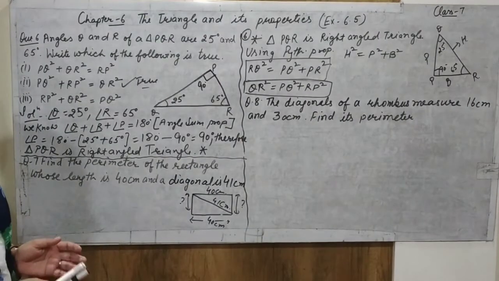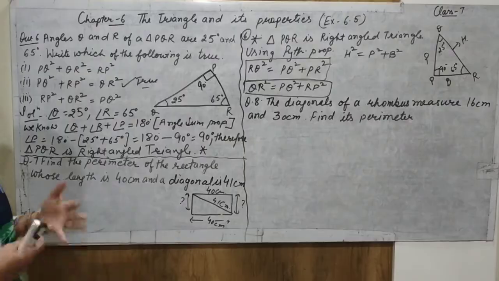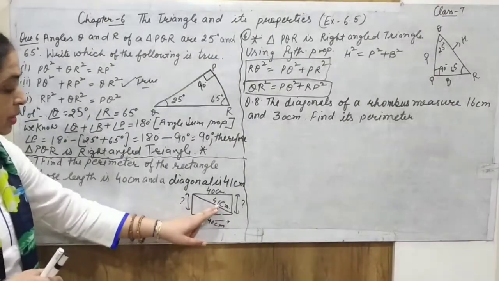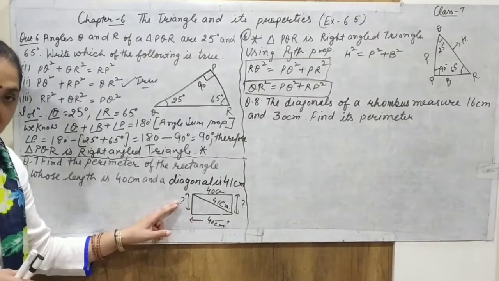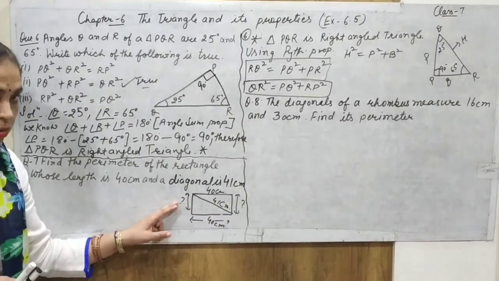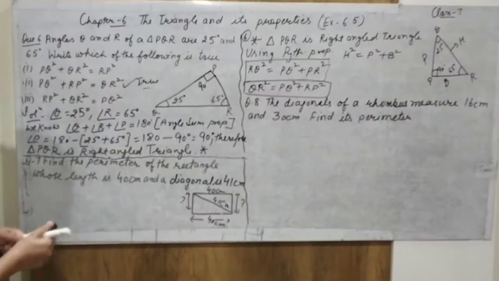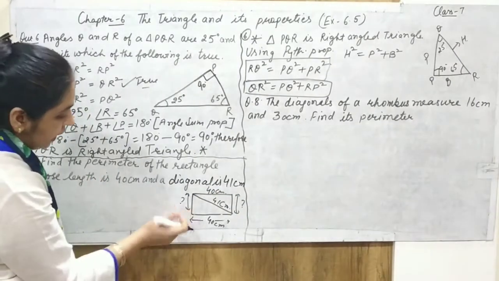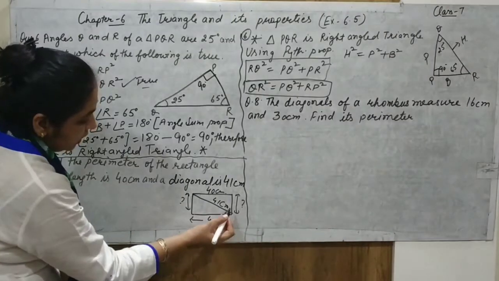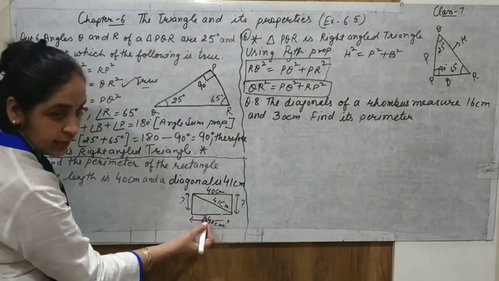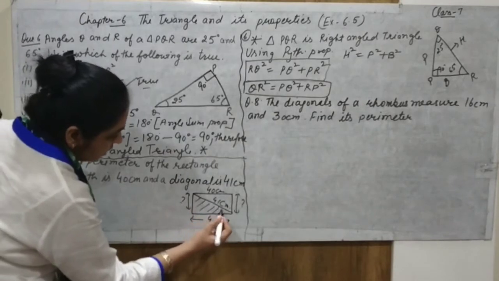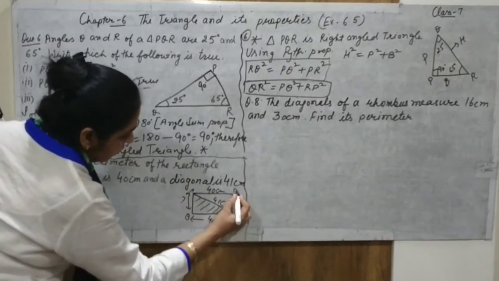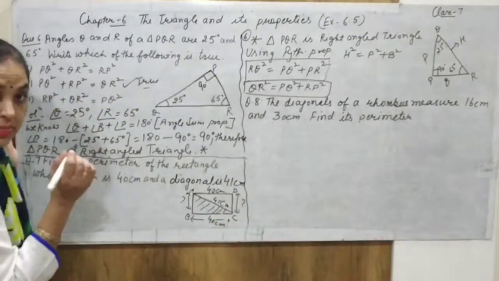To find the perimeter we require both. But what is the requirement of the diagonal? The diagonal is given to us. Now understand. With the help of the diagonal, we can find out the side of the rectangle. How can we find it? Let us start to solve. You can see in the diagram, we have a rectangle. When we draw a diagonal, it divides the rectangle into two triangles. You can understand from this triangle. You can say A, B, C, D. This is a triangle. And this is a triangle.